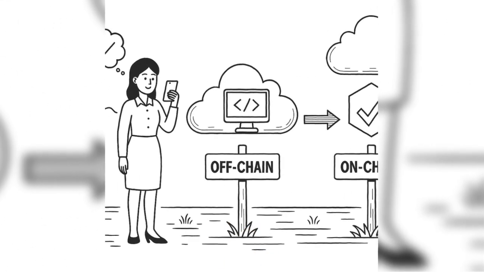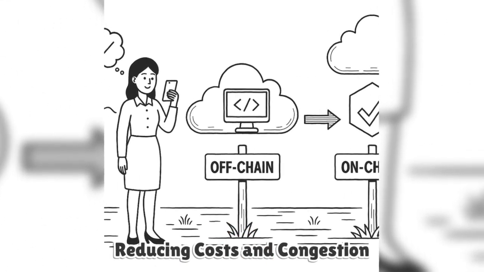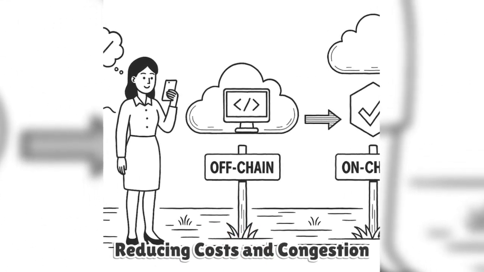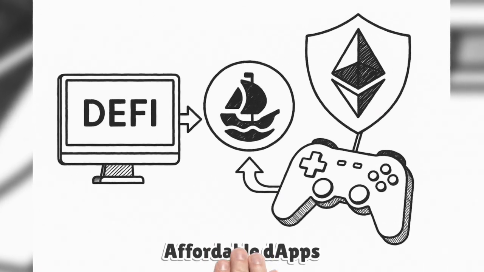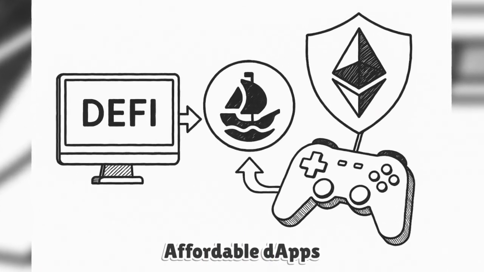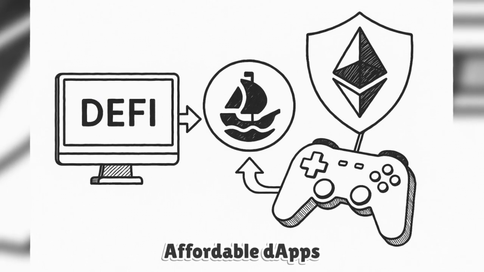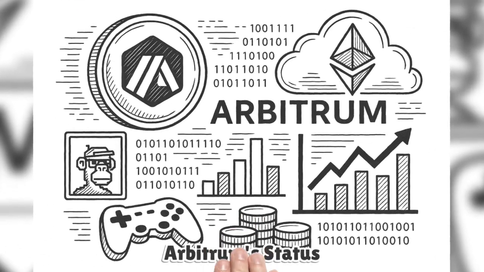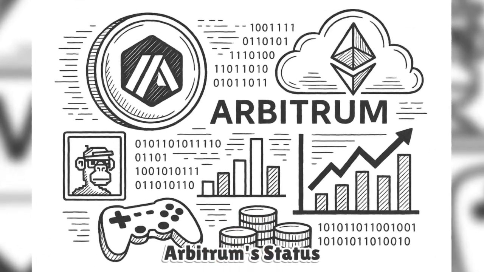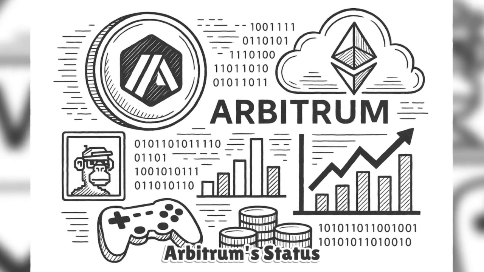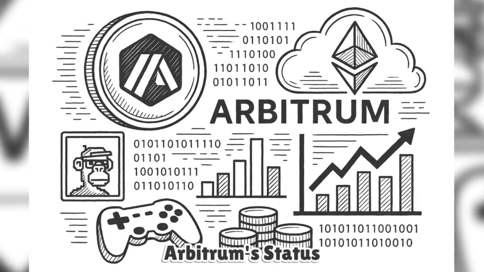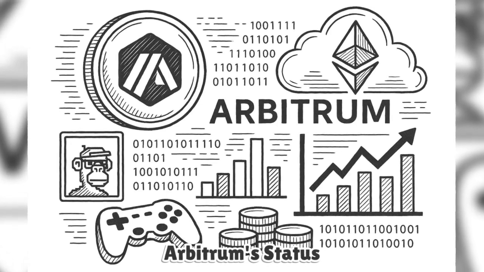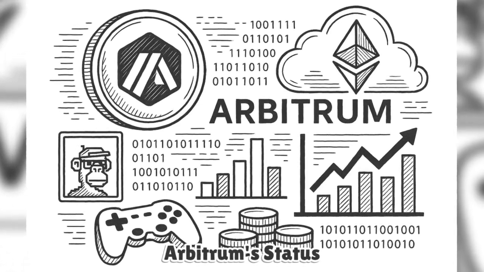In practice, Arbitrum provides the scalability necessary for mainstream decentralized applications. By executing off-chain and posting compressed proofs on-chain, it dramatically reduces gas costs and congestion. Developers can deploy DeFi platforms, NFT marketplaces, or gaming ecosystems with the same security guarantees as Ethereum but at a fraction of the cost. With hundreds of active protocols, billions in total value locked, and continuous innovation through Nitro, Orbit, and Stylus, Arbitrum stands as one of the most mature and widely used Layer 2 systems in the Ethereum ecosystem.